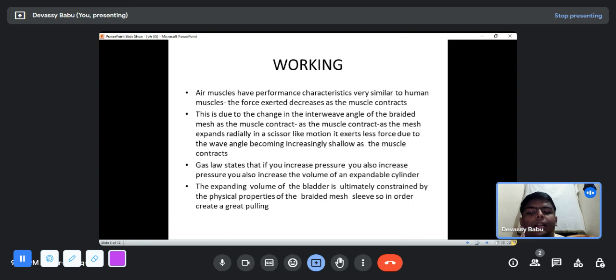The gas law states that if you increase the pressure, you also increase the volume of the expandable cylinder. The expanding volume of the bladder is ultimately constrained by the physical properties of the braided mesh sleeve. So, in order to create a great pull,